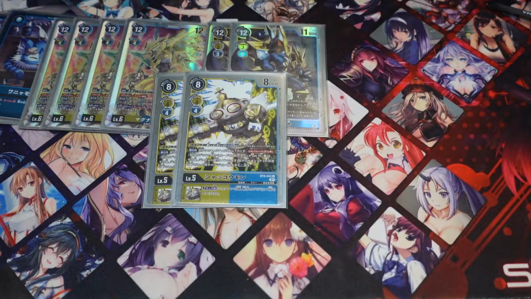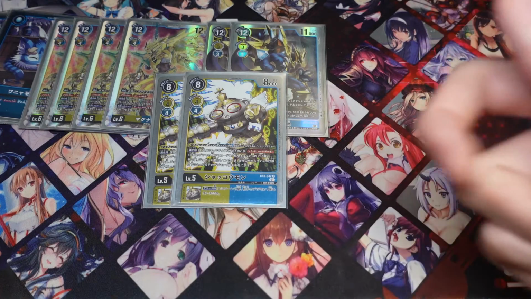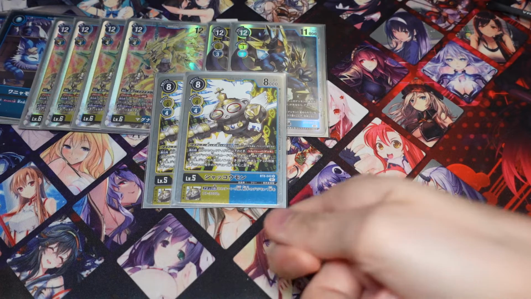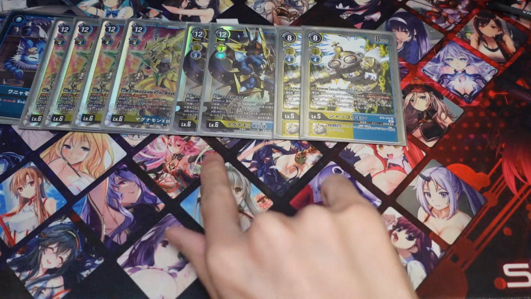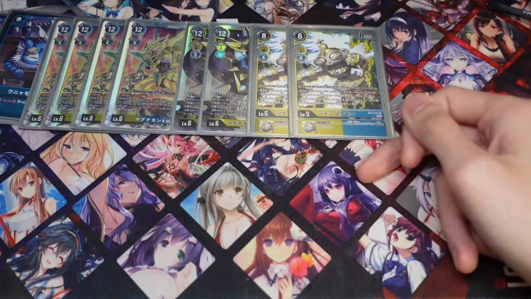We are also going to be running 2 Shakomon from BT-8. So we're running the Shakomon just because we are running a lot of level 4s that are blue and yellow, so you can go into this pretty easily. And also we do have a new Davis and Ken that lets you play a level 3 for free. So actually going to this has been easier than before. So honestly, I would run more if I had space, but yeah, honestly you can kind of cut out 1 or 2 of these for extra Shakomon if you want,